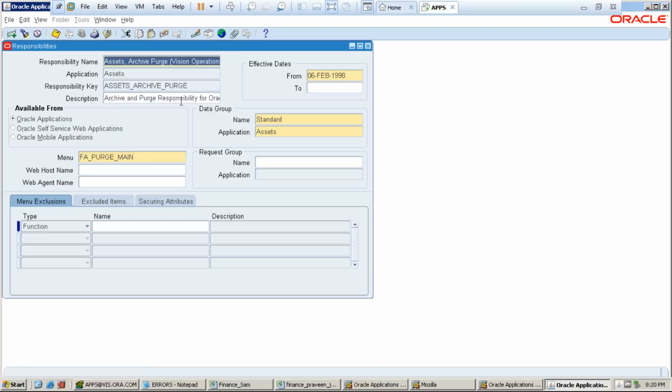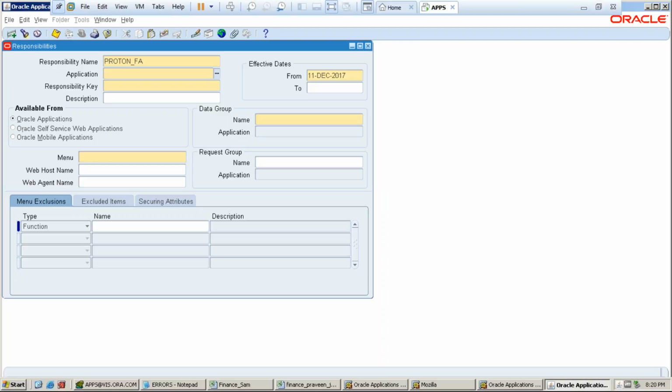So you need to move down. Okay, down arrow. You need to do the down arrow. Assets Vision Operations. That is the main responsibility, which is developed by Oracle. So which is created by Oracle while developing the product. So Control down arrow. So now I am taking Proton_FA. Proton_FA, and here you can go for Shift F5,